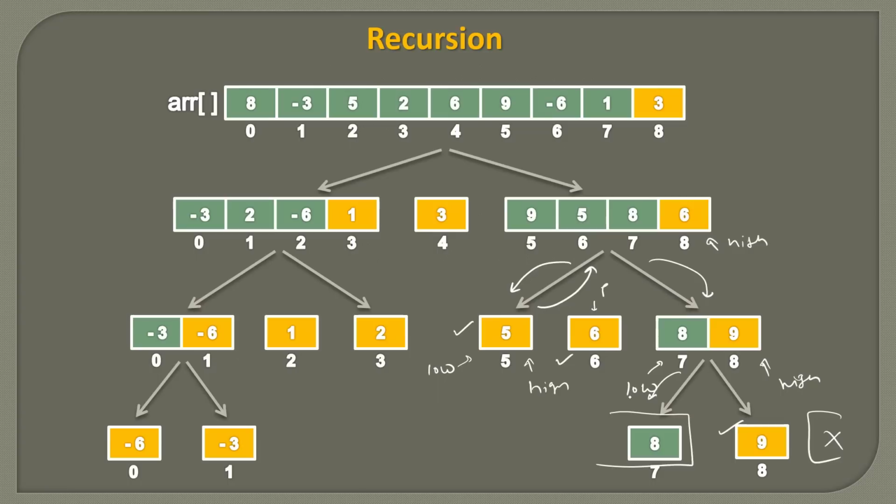We take from low to P minus 1, because if we do P minus 1, we'll get the left side range. So this will become our new high. And as this is the only element left, low is equal to high. So we can't divide or partition this piece of sub-array further. So 8 will be also at its correct position like this. So if I remove everything,